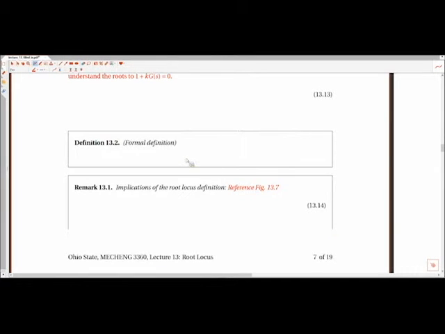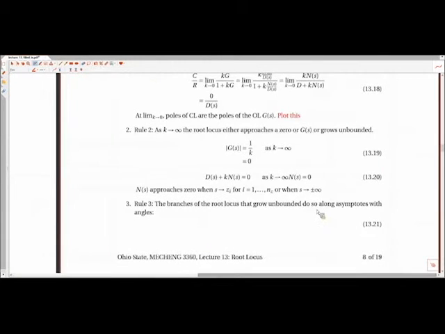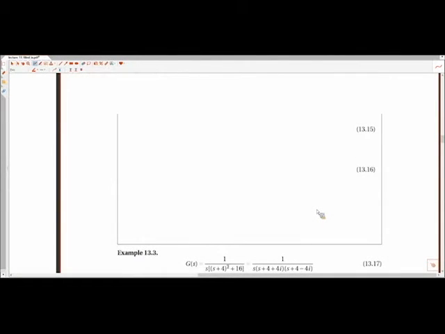But the implication of the definition of the root locus is g of s is equal to negative 1 over k. And this means I can write the magnitude of g of s as equal to 1 over k. Or I can write this as its set of poles and zeros. So we have our gain out front. This is k hat, if we want to know the magnitude of g. And then this is equal to,